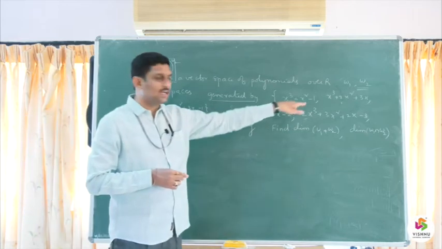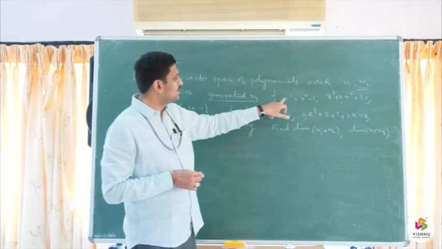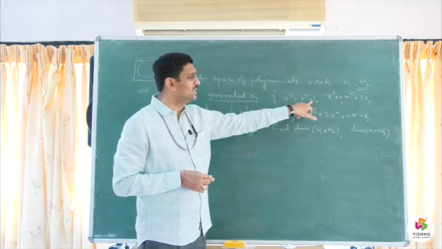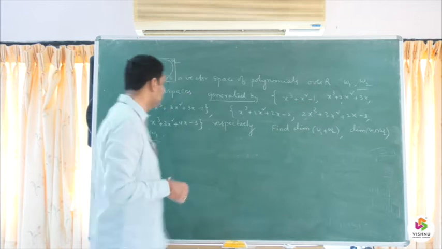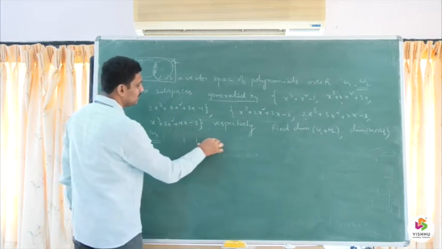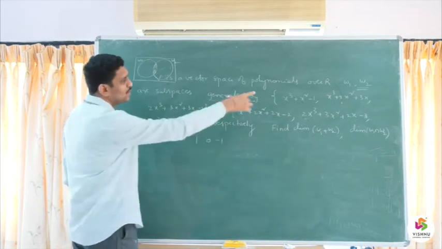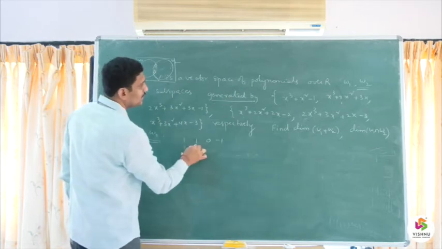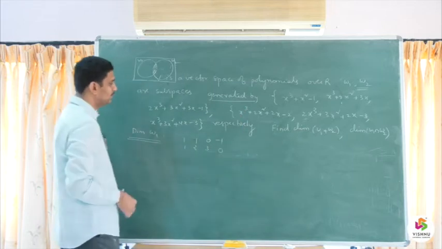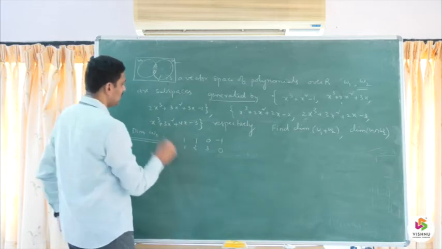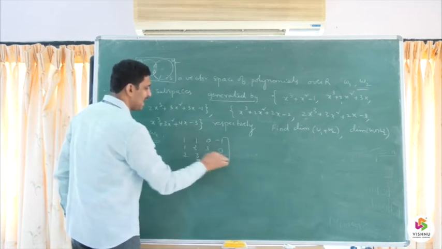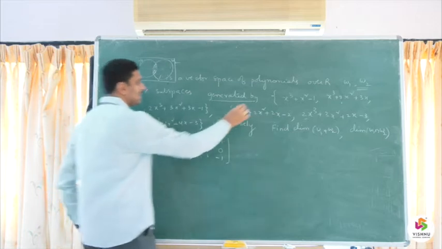Now, write the vectors in order. So, what are the coefficients? 1, again 1, x is not there so I take 0, constant is minus 1. So, I write 1, 1, 0, minus 1. From the second you have 1, 2, 3, constant is not there so I take 0. Here again you have 2, 3, 3, minus 1. So, this is the matrix I will consider from the first spanning set.